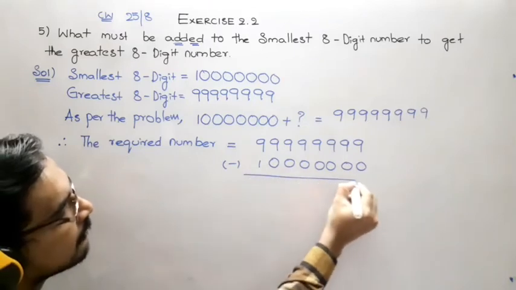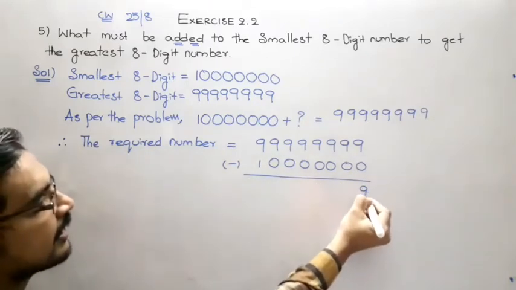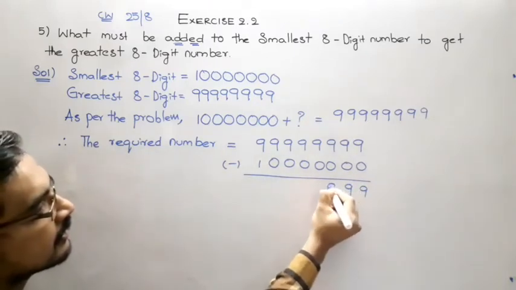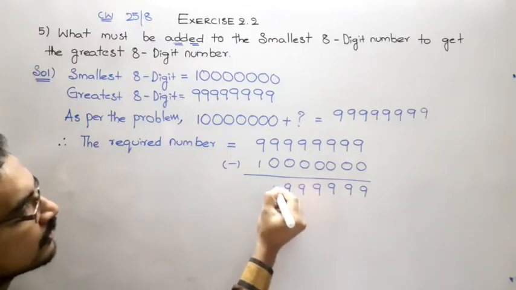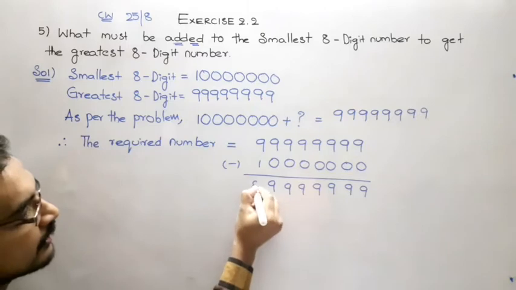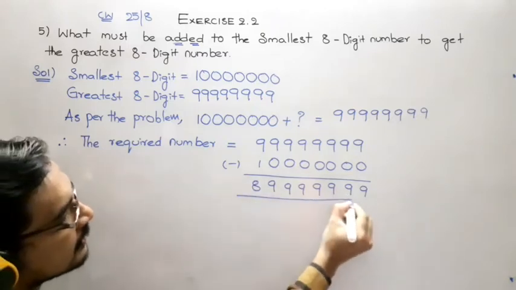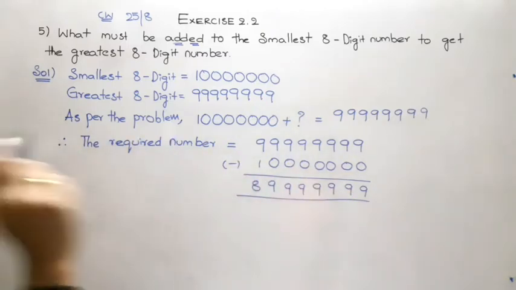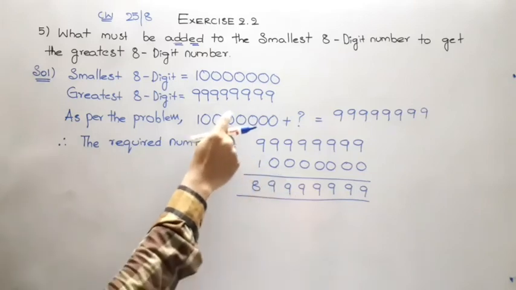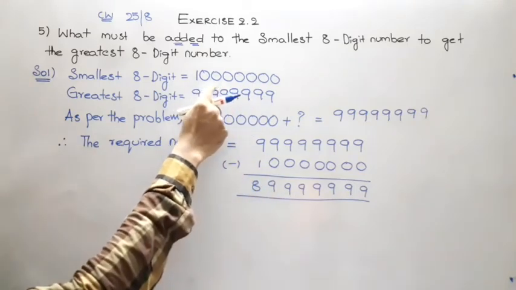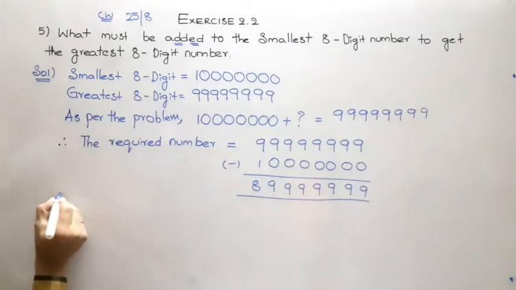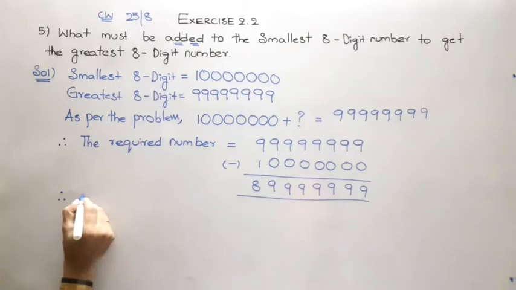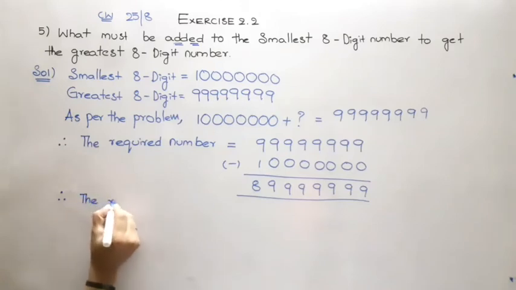So simply we have to do the subtraction. 9, 9, 9, 9, 9, here also 9, here also 9, and here we'll get 8. Therefore, this is the number which we have to add to the smallest 8-digit number so that we'll get the greatest 8-digit number. Therefore the required number is equal to,